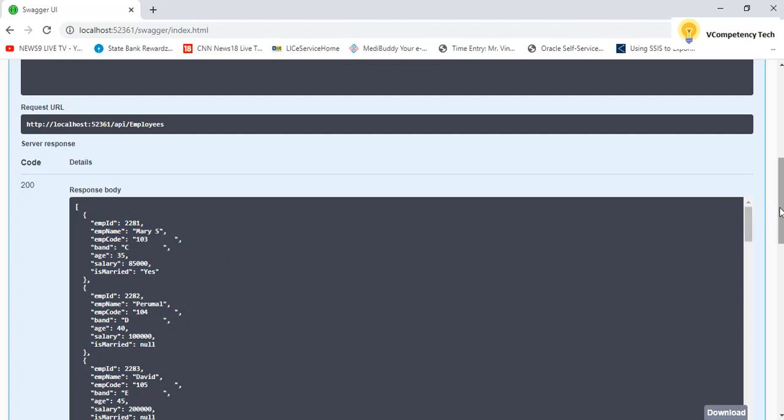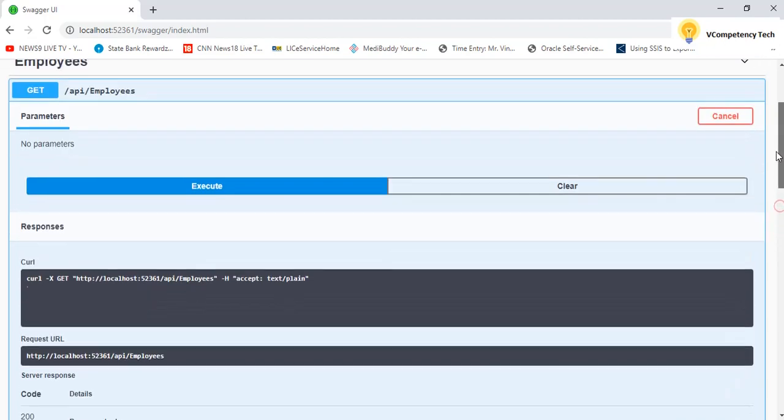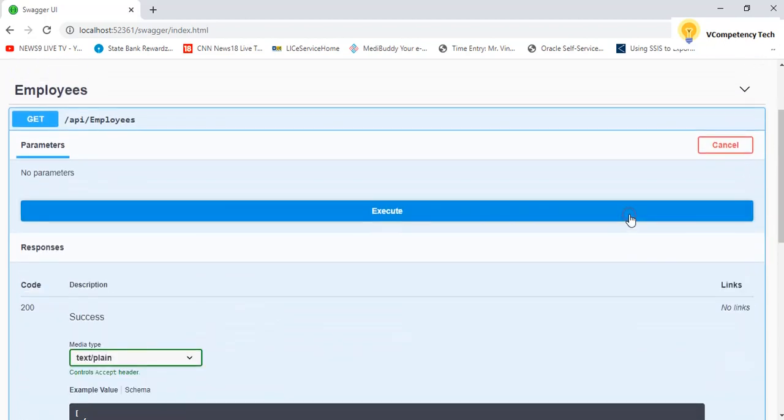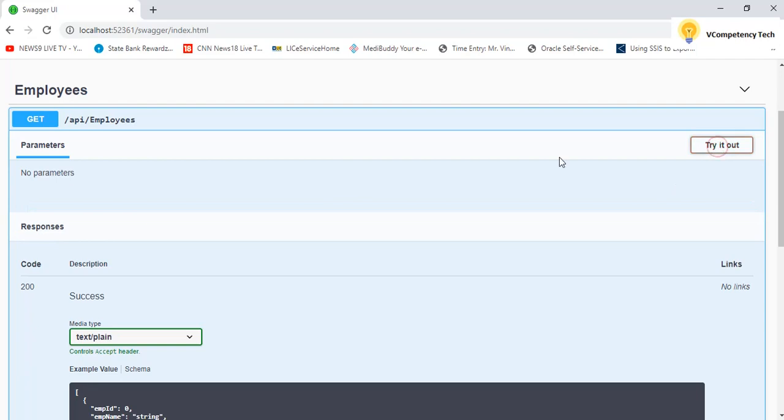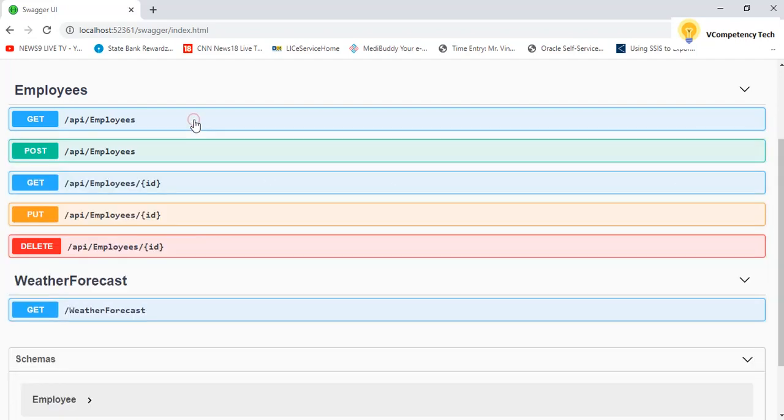Okay. Let's search any ID here. So we have the get API by ID. Search by ID. Get means we are retrieving data.